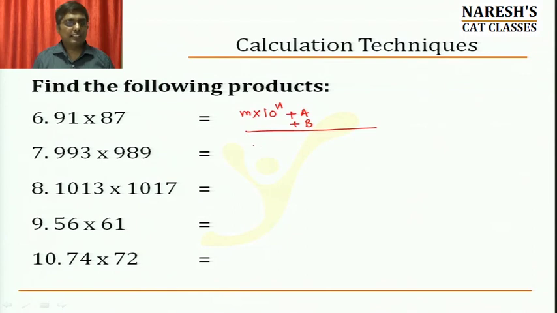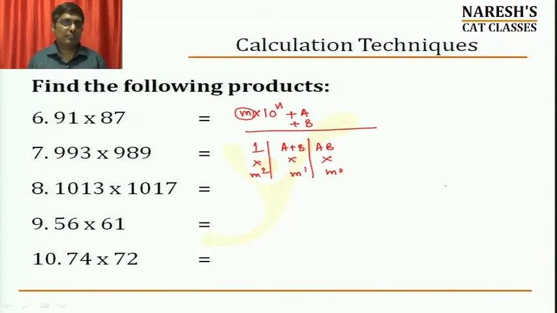The good thing is, the method is very, very similar. 1, a plus b, ab, that doesn't change. The only thing is, because 10 power of n is the primary base, m becomes a secondary base. Because of the secondary base, we have something like into m power of 0, into m power of 1, into m square. You will be multiplying each of these 3 terms with the respective powers of m.